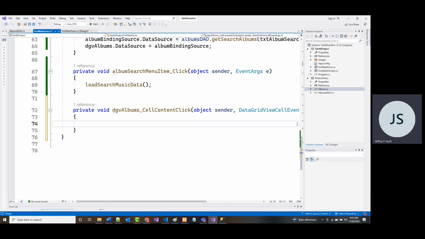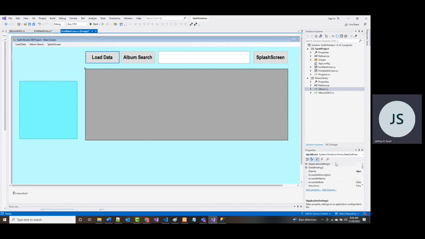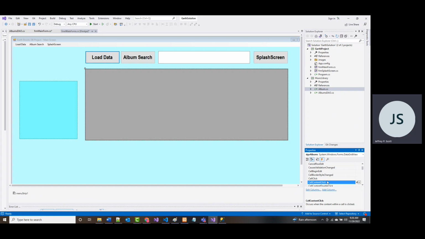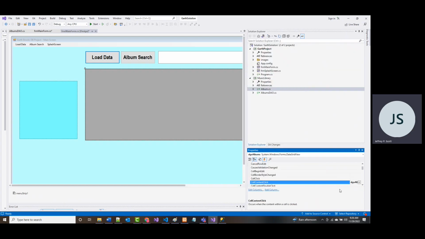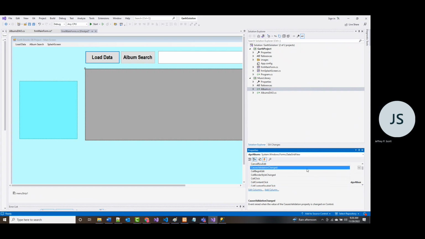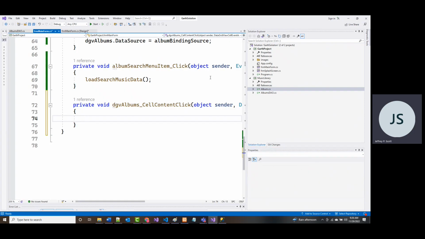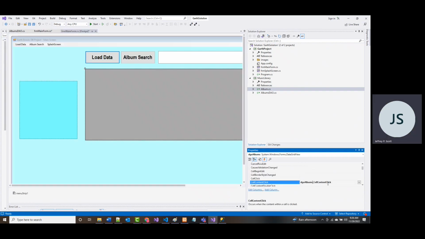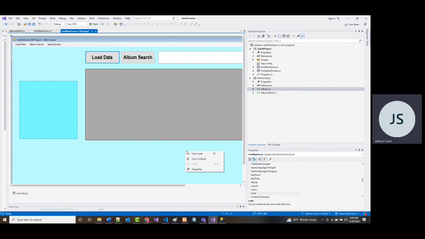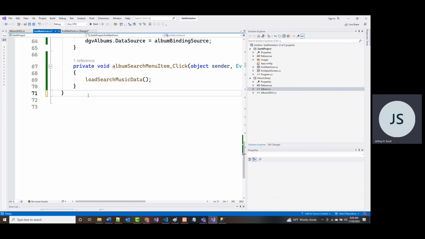All right. Well, I want to see what else is in there. So actually, I want to get rid of this one because I don't think that's the one we're going to want, but we'll see in just a moment. So let me go back to my design. I'm going to click on here. All right. And there is a cell content click. But I don't want that one. So I'm going to remove this that I just put in here. I'm going to highlight all of this and I'm going to hit delete. That should now have removed it from here and it's gone.